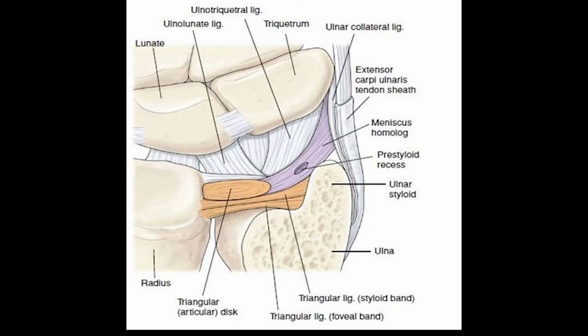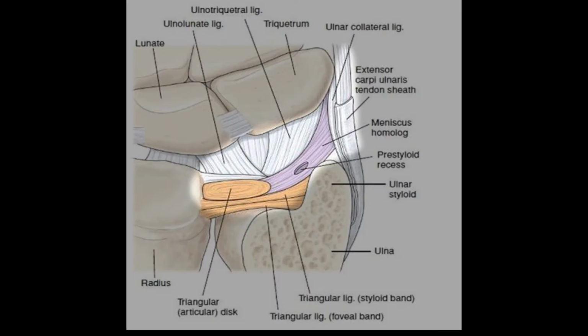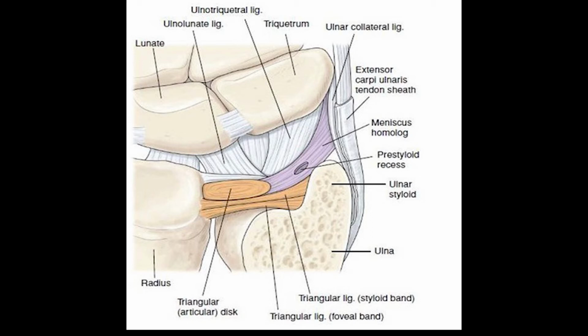Now let's talk about the TFCC, the triangular fibrocartilage complex. It is the proximal part of your radiocarpal joint. It is a load bearing structure located on the medial aspect of your wrist. Medial aspect means, guys, on the ulna side. It is a complex that provides the major contribution to wrist stability, and it is located between the ulna and 2 carpal bones, lunate and triquetrum.